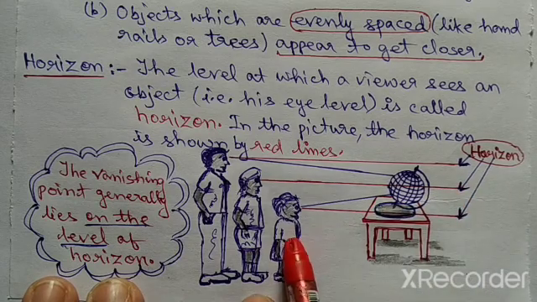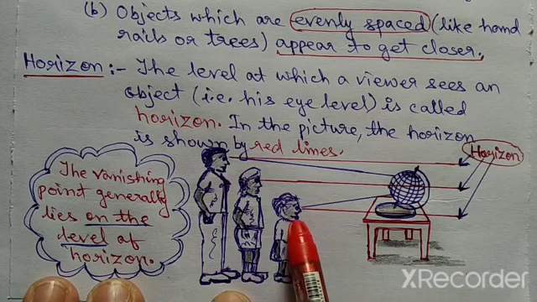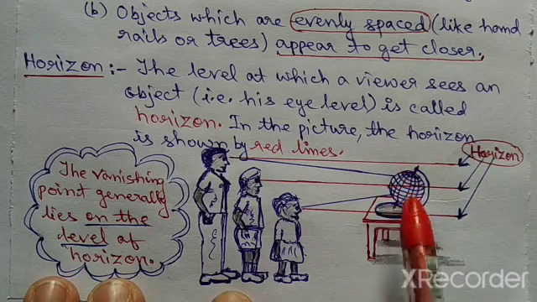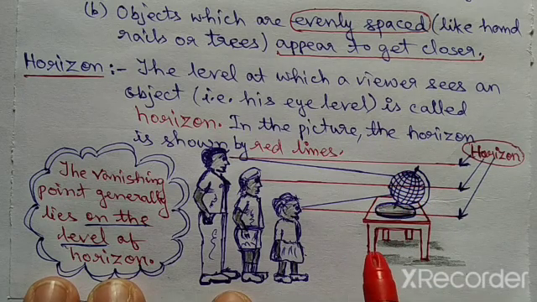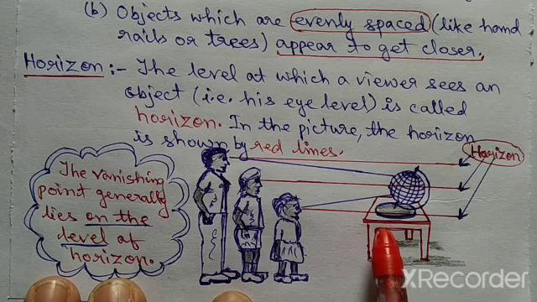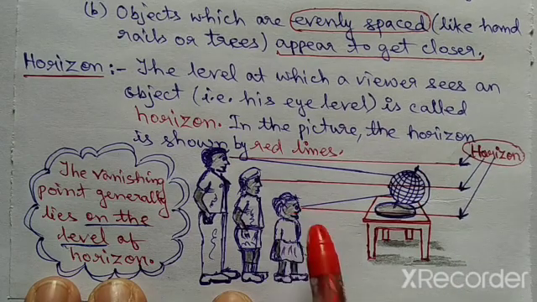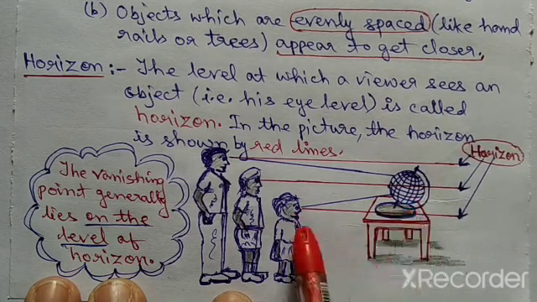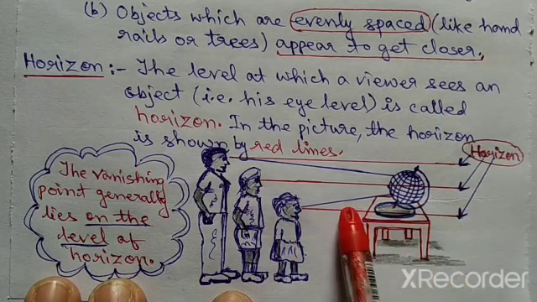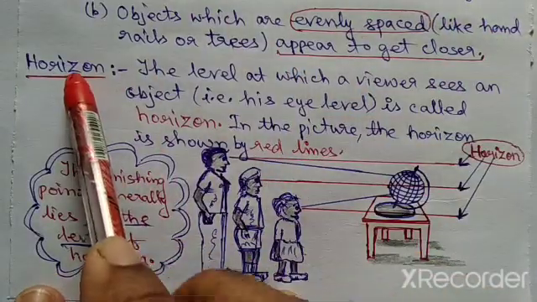In the third case, that is for the girl, the same case, children, like that of the man, her level of horizon is below the globe. So children, in the case of an object below the level of horizon, the viewer is able to see at least a little bit of the globe. So the girl will again see a small part of the globe because her level of horizon passes below the globe. Okay, children. So this is actually the meaning of the horizon.